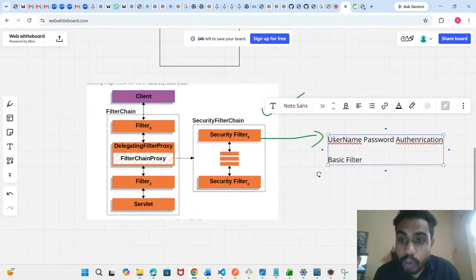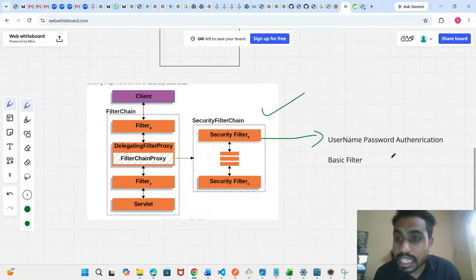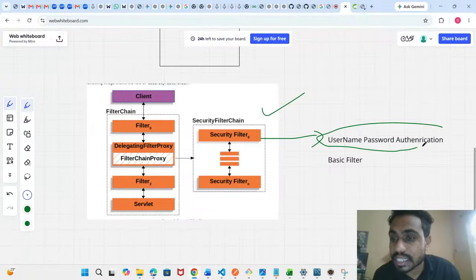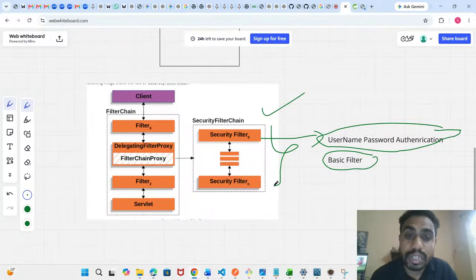If you are using a form to authenticate, then your username password authentication filter will trigger. If you're using basic authentication, then this basic filter will be triggered. That's what I want to say. There are n number of filters here based on your purpose, the dependency you're using, and the jar files present. Your filters will vary. Clear, people?